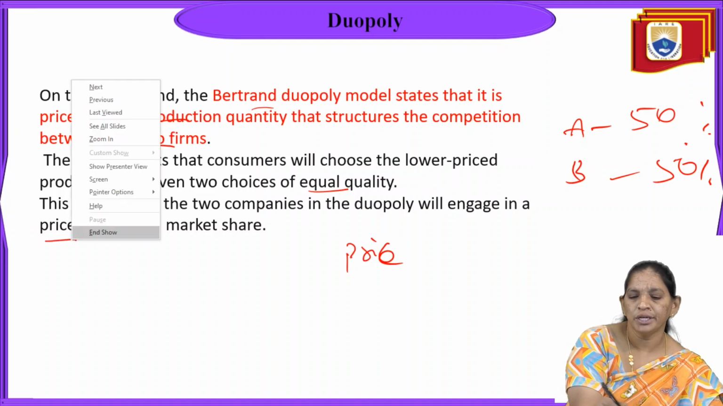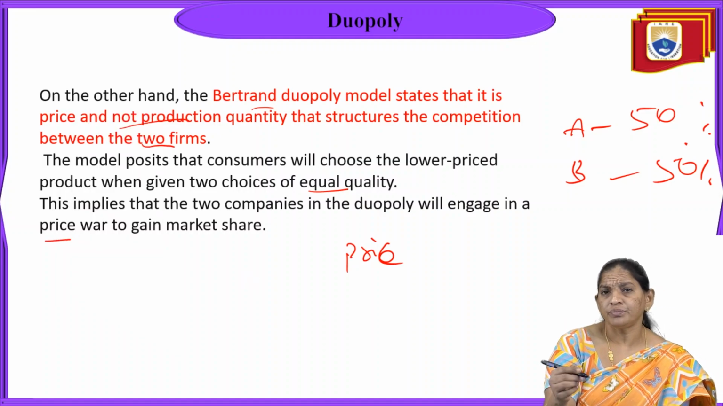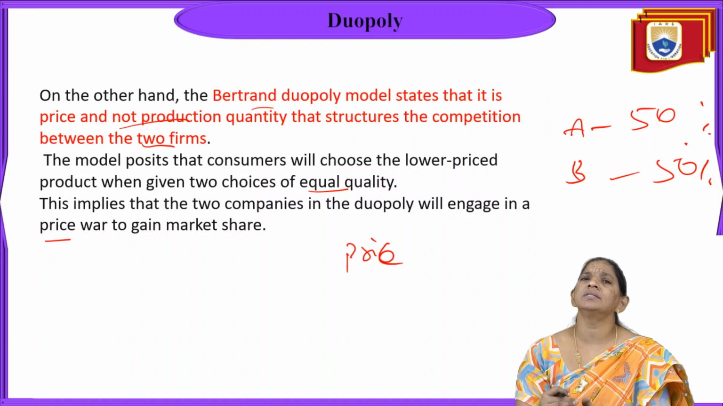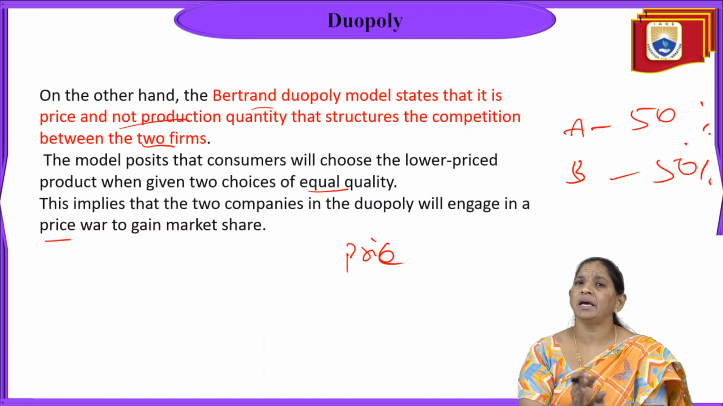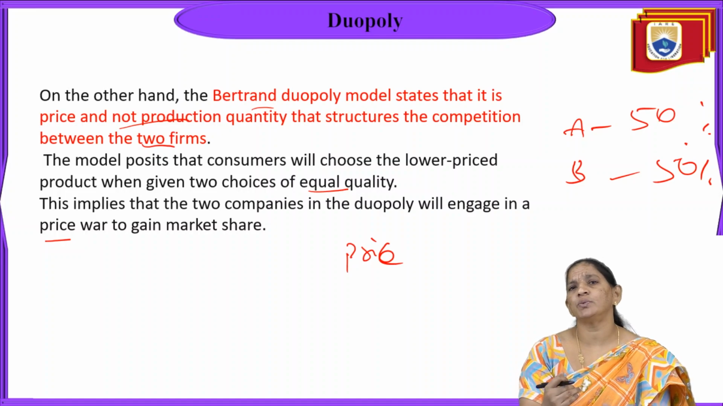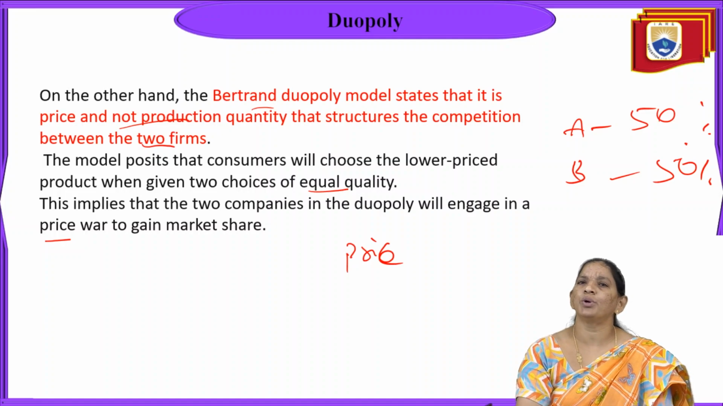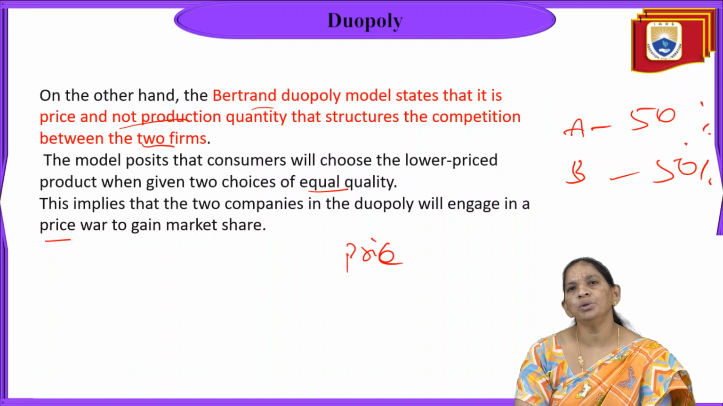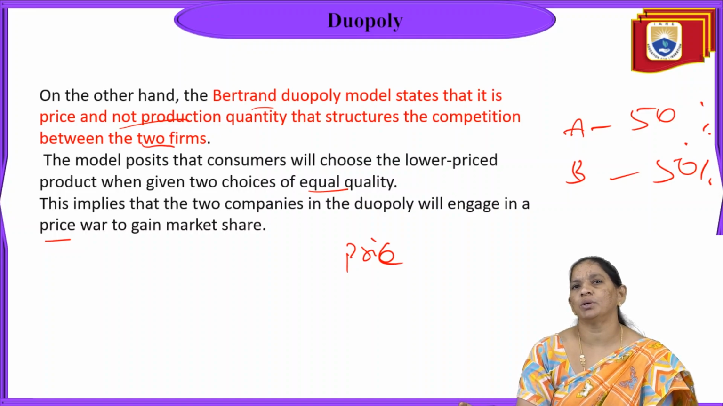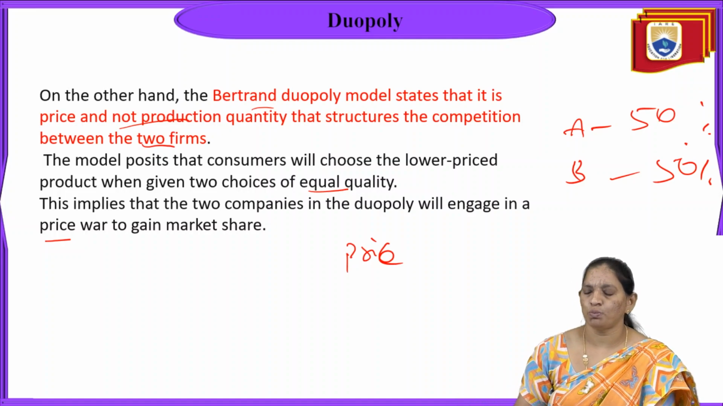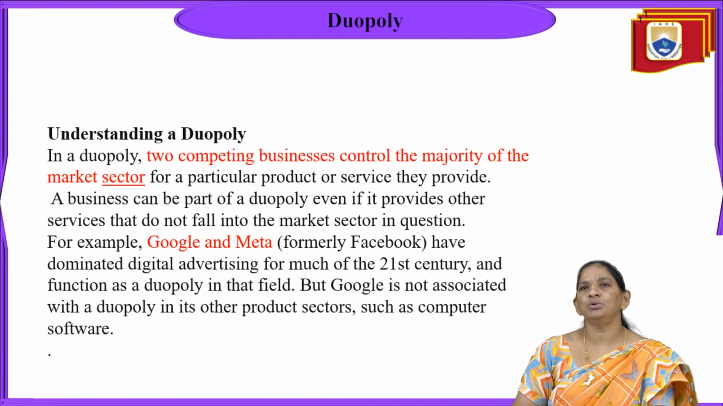In order to capture market share, these two companies will compete in the market on their price. So the consumer will have a choice: whoever provides the lower price, with that company they are able to purchase more quantity of the goods. So Cournot duopoly relates to competition over the output sent to the market, and Bertrand duopoly relates to competition based upon price. So these are the two types of